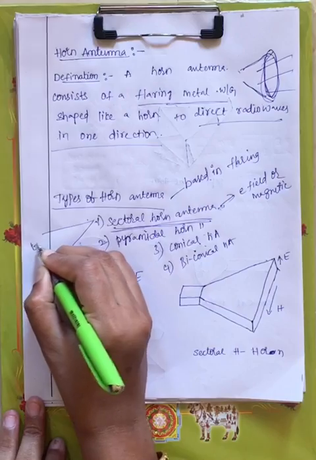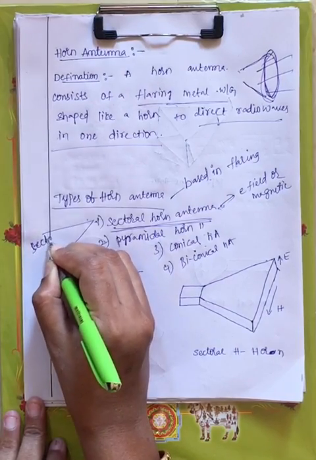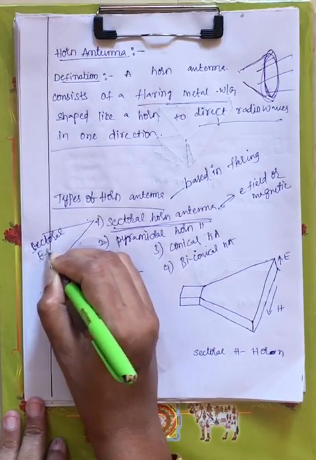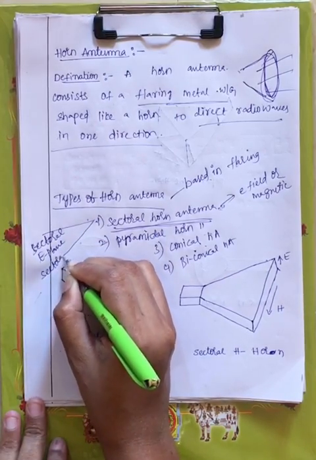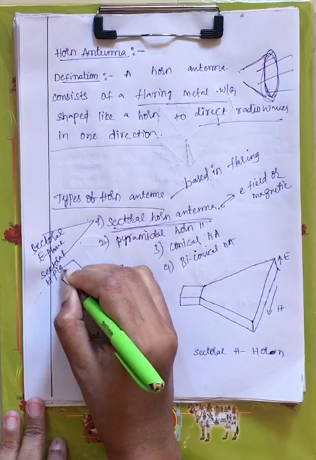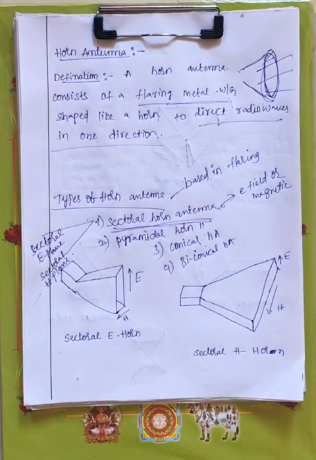One is sectoral E plane and another one is sectoral H plane. Now coming to sectoral E plane, if the horn antenna flaring is done with respect to the electric field direction,